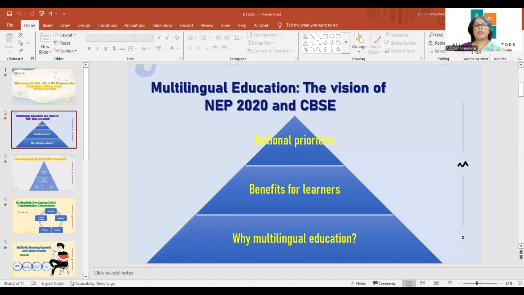Why multilingual education? We all know that India is one of the world's most linguistically diverse countries. Lots of languages are spoken here. Every language carries a unique culture, a unique history, and a unique way of thinking, and many stories and mindsets are associated with it. After deep research and under the vision of NEP 2020, they recognize that children learn concepts more effectively when they first understand them in a familiar language. For example, if my mother tongue is Bengali, I will understand the concept more clearly if it is conveyed in Bengali.